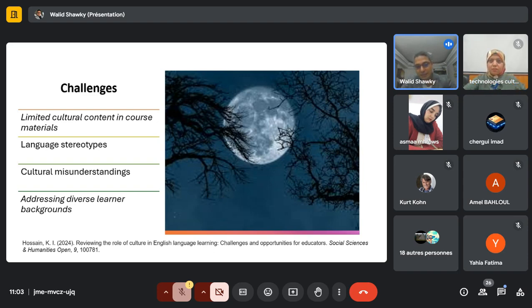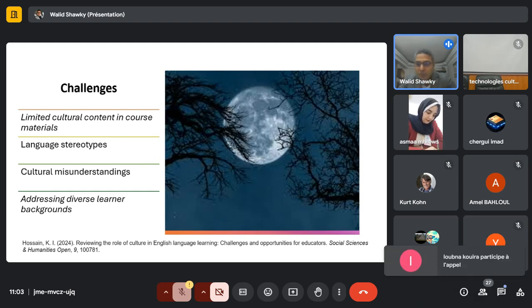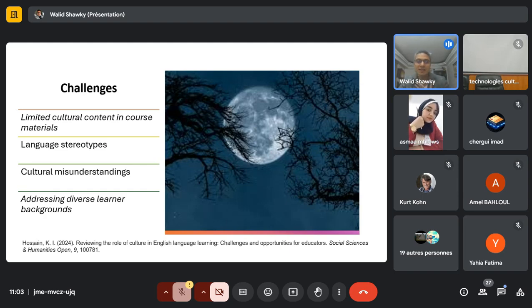Cultural misunderstandings as well. I think you can see this picture on the screen, the picture of the moon, right? This picture, in our culture, in the Arab culture, means beauty. The moon in Arabic always represents beauty. Like we always describe a beautiful woman as a moon. زي القمر, we always say, for a boy or a girl or a beautiful lady, we all say that she's beautiful like a moon. But in fact, this is in our culture.